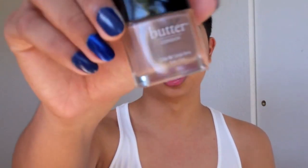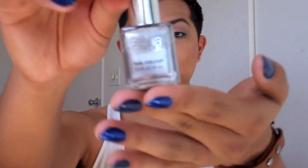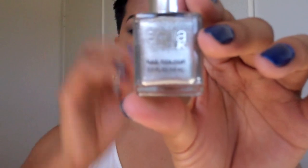Like, I didn't think I was going to like this at first, but after trying it the first time, I decided to wear it more than once, and this is just a really gorgeous shade if you want a nice neutral to your nails with a hint of glitter. And then my last favorite nail polish of the year is Smoke and Mirrors by Sonia Kashuk, which is one of my absolute favorite